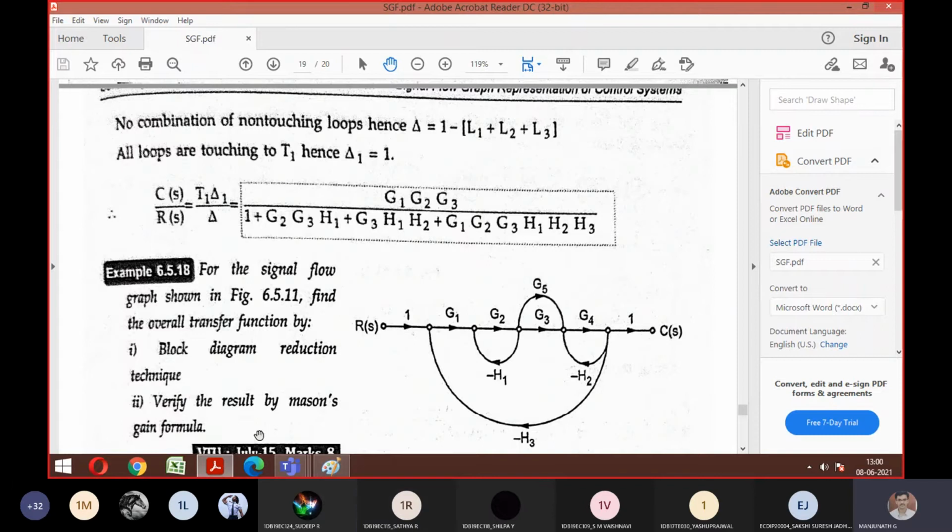Yes, sir. Good. I told you, this one problem will tell you the complete concept of signal flow graph. So try to solve such types of problems where you can cover all the concepts of signal flow graph. Here the block diagram concept is also revised. Till now, we used to be given a block diagram and from that we made a signal flow graph. Now it is the reverse concept. The signal flow graph is given, and you need to write a block diagram, then apply the reduction technique and you get the transfer function. Keep that answer as equation number 1.